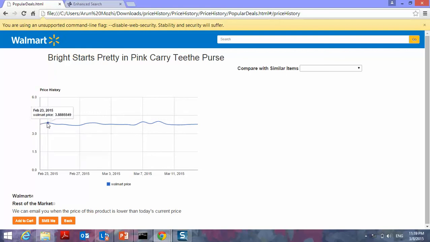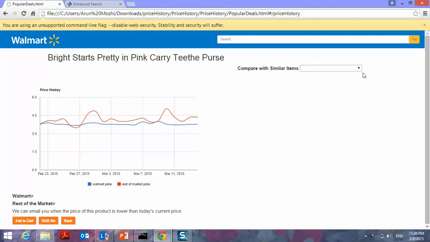I can see the price that's been changing for the last 1 week, and March 8th is 3.81. So maybe I lost a better deal which happened the day before yesterday, but I can wait for March 10th because it's 3.7. Anyway, it's a cent, but you get the idea. For the rest of the market, if I choose that, then I know Walmart's giving me a better deal, so I would go ahead and buy it with Walmart.